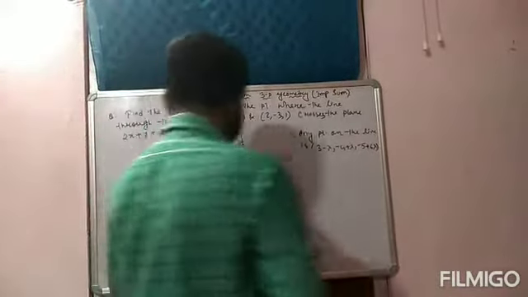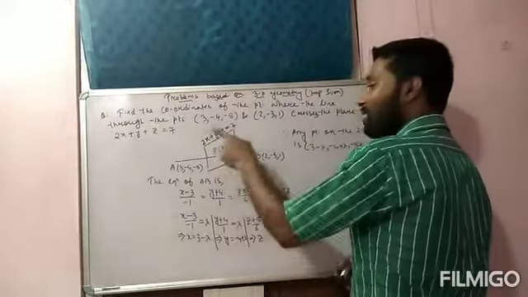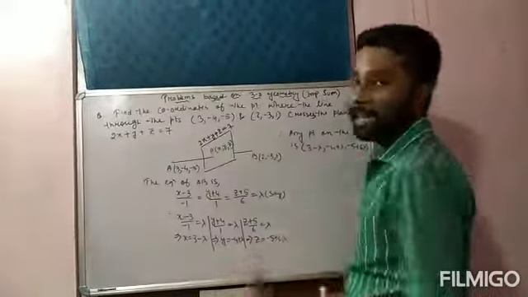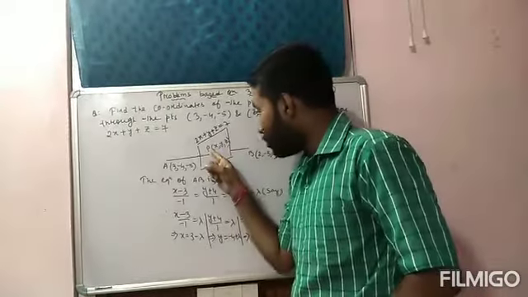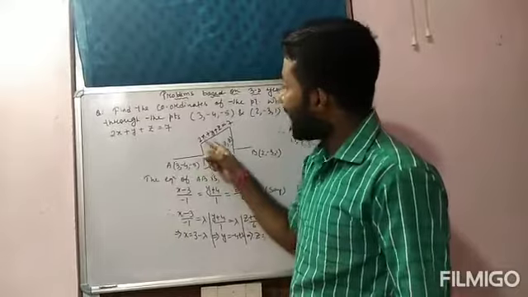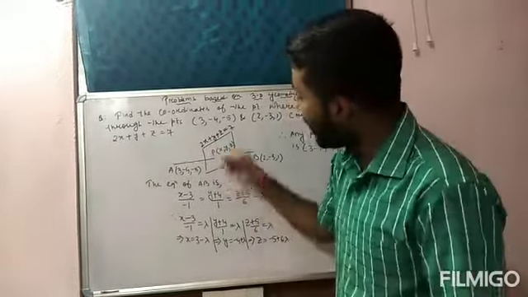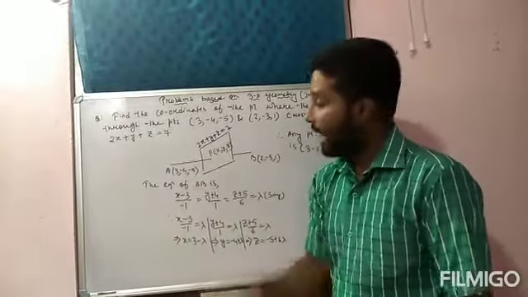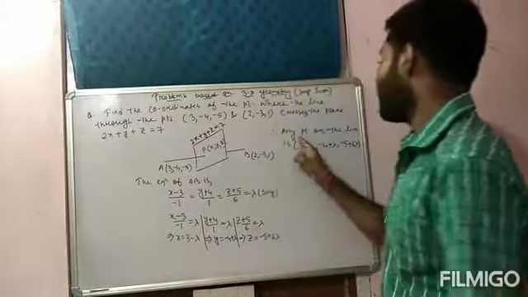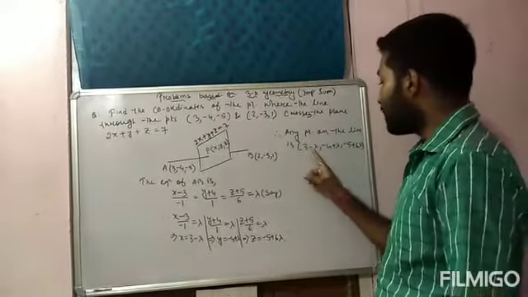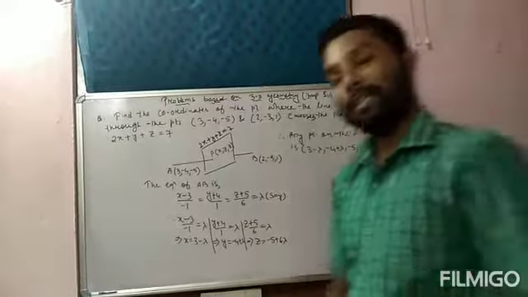Okay, these values of x, y and z lie on the line as well as on the plane. Yes or not? From the diagram it is clearly visible that this point P will also satisfy the equation of the plane, because the point P lies on the plane as well as it lies on the line. That is why I mentioned here: any point on the line is (3 - lambda, -4 + lambda, -5 + 6 lambda).